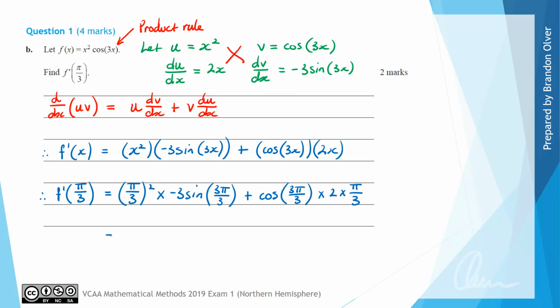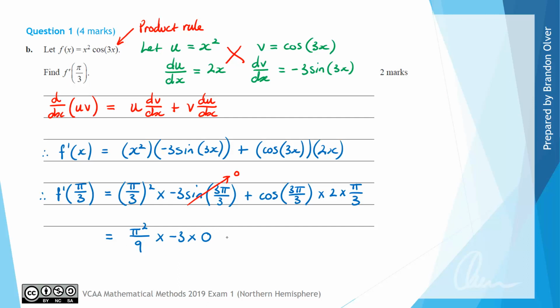And now we just need to simplify this down, so pi on 3 squared is pi squared on 9, and then we're going to multiply that by minus 3 times, and sine of 3 pi on 3 is the same as sine of pi, and sine of pi we know has an exact value of 0. So that means we multiply this by 0, which means pi squared on 9 times negative 3 times 0 is simply 0,